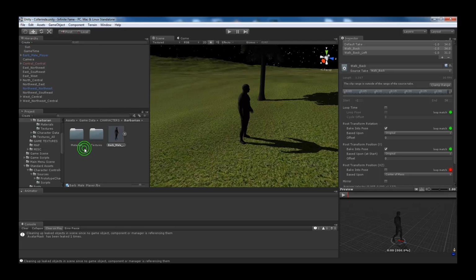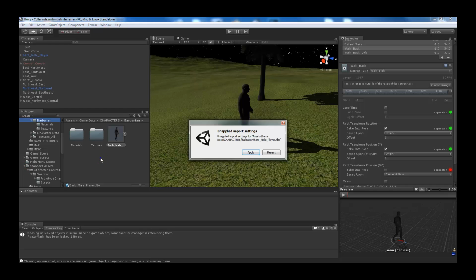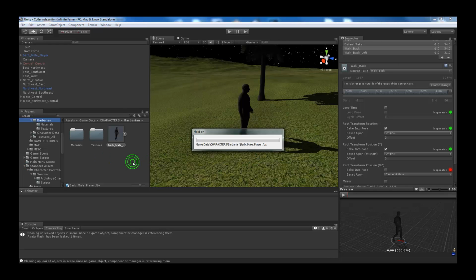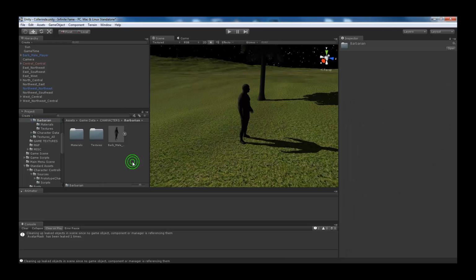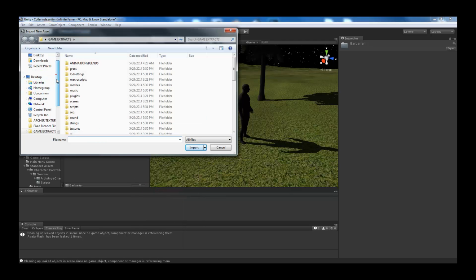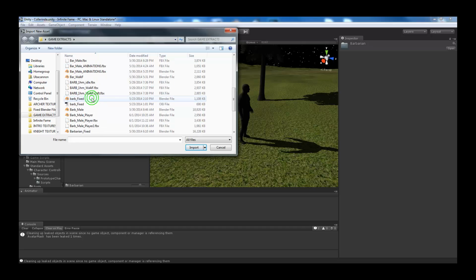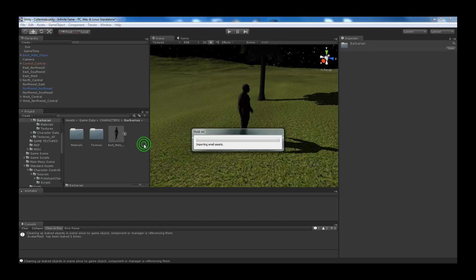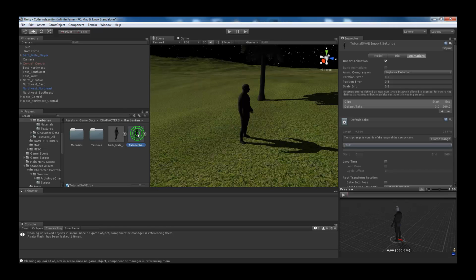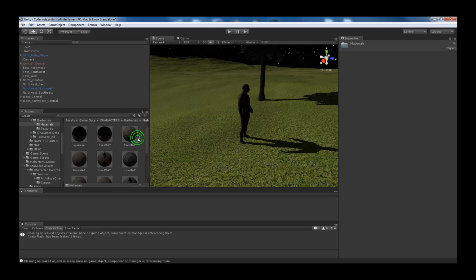Alright. Anyways, wherever you want your character to be added to, whatever folder, just right click inside that folder and go to import new asset. Alright, import new asset. And go to the FBX file that we just exported, which mine is tutorial save, import. And I already got materials linked, so it's going to automatically show the materials. But here's the materials folder that it's going to give you, and you see that it already imported all my new